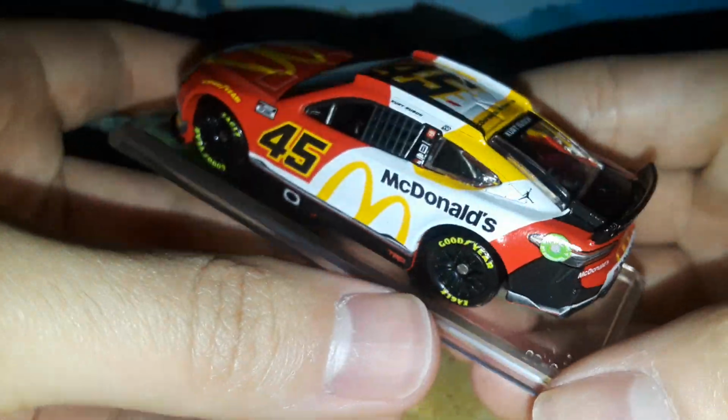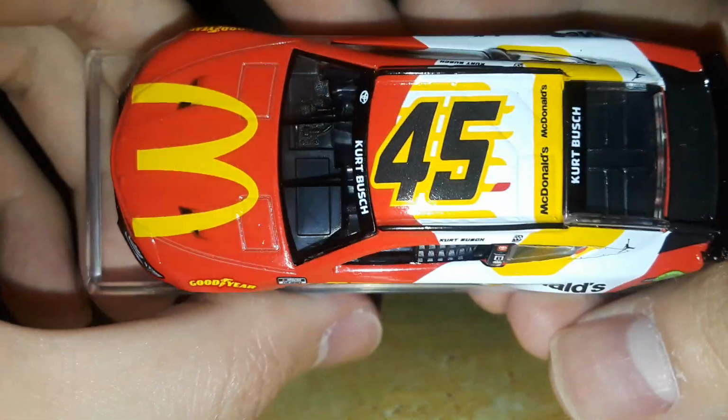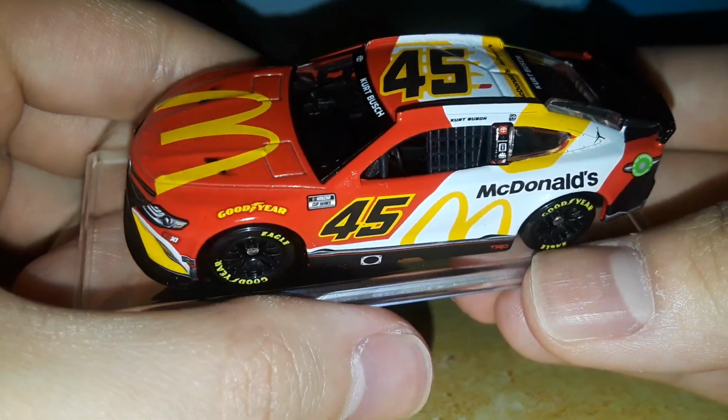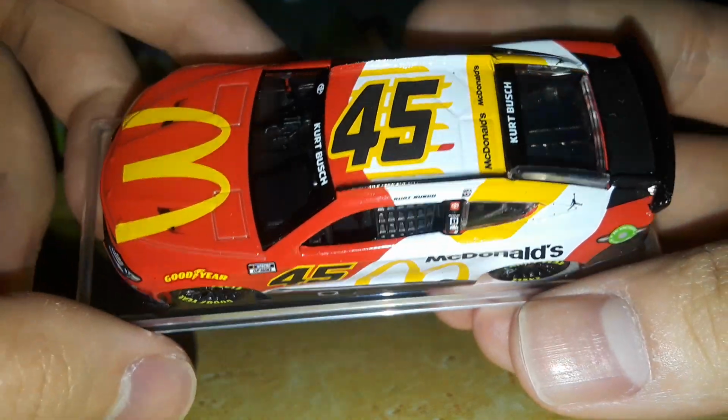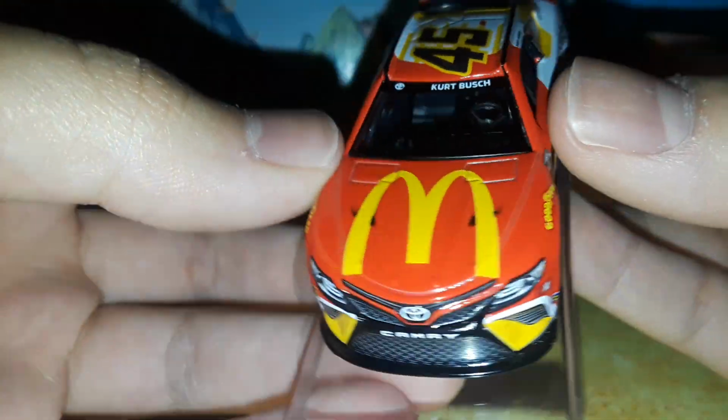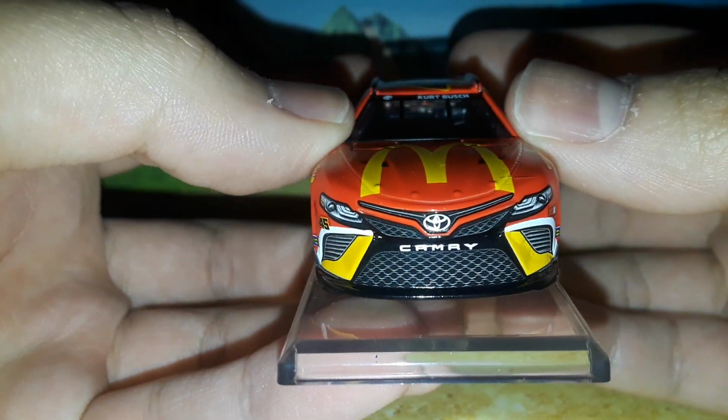And of course, these are cursed paint schemes because every time the McDonald's car is on track, something happens to them. So that's just kind of a fun fact you'll learn from the NRF channel, which if you've seen that video, you know what I'm talking about. And this is another